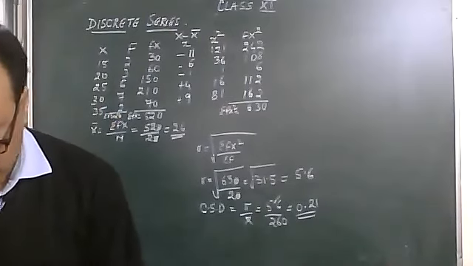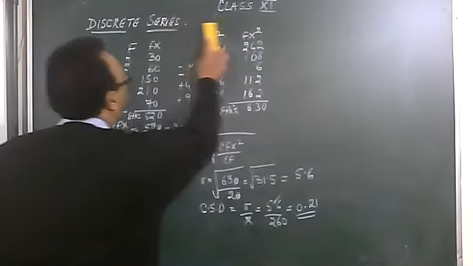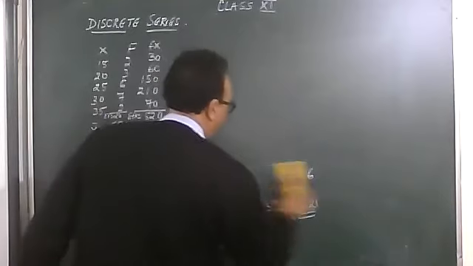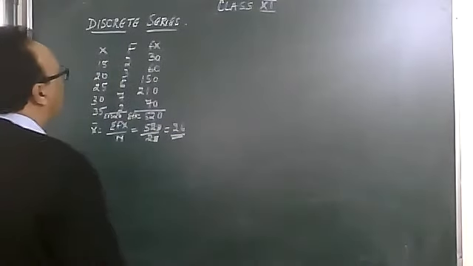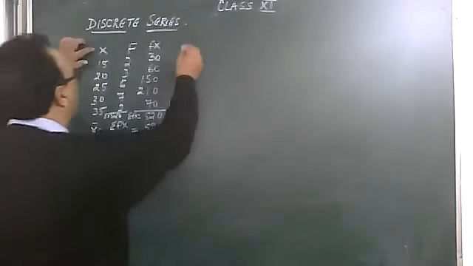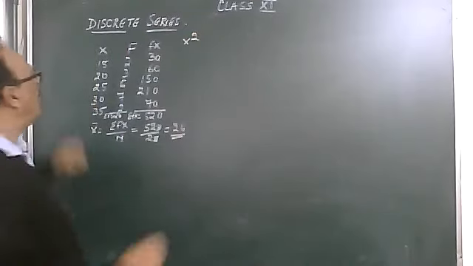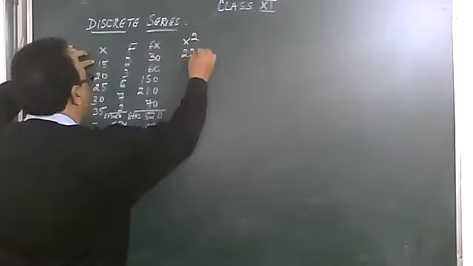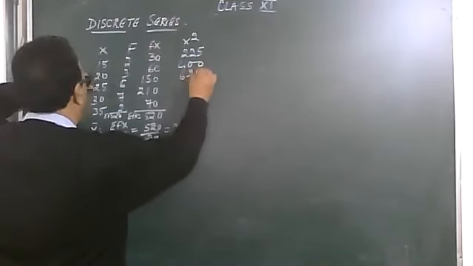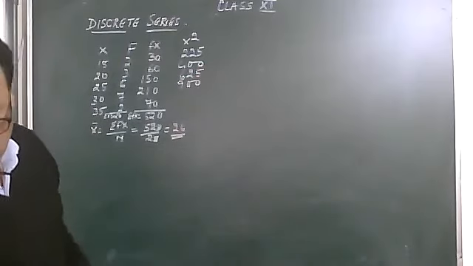I'll give you an example. This part I will wipe out. Keep the question the same. The mean is the same. Now this is direct method. So in the direct method, directly we square the x. 15 squared is 225, 400, 625, 900, 35 squared is